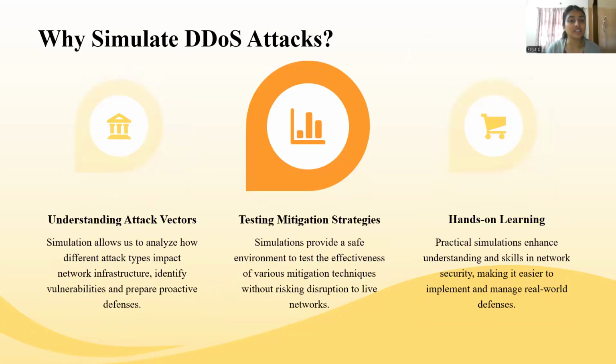Next, why is simulation required for DDoS attacks? There are mainly three reasons. One is understanding attack vectors. Simulation allows us to analyze how different types of attacks impact network infrastructure, identify vulnerabilities and prepare proactive defenses. Then we discuss testing mitigation strategies. Simulations provide a safe environment to test the effectiveness of various mitigation techniques